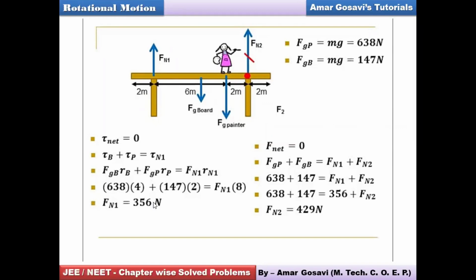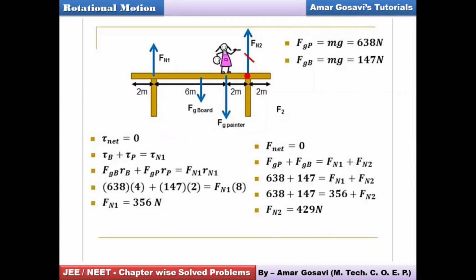This is something which you get after solving the equation for rotational equilibrium, friends. Now, why have we not considered Fn2? Because you can see Fn2 was passing through this red point, so there was no moment arm creating a torque over there. So Fn2 creates a torque equal to 0 at this red point. Therefore, you don't find any mention of Fn2 when we are estimating net torque equal to 0.